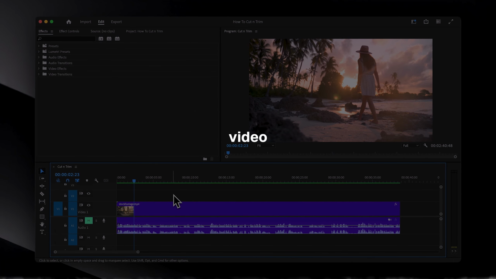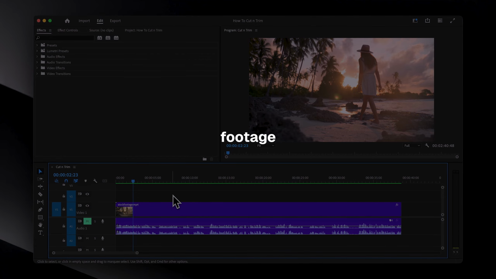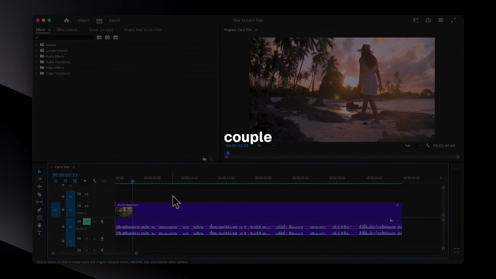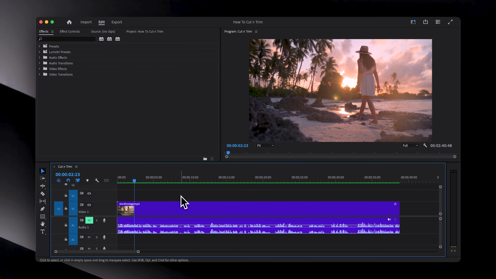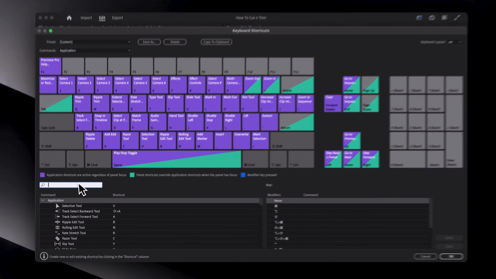In today's video, I'll show you one of the fastest and most efficient ways of cutting your footage in Premiere Pro using just a couple of custom shortcuts. To start, let's open up the shortcut settings by pressing Option-Command-K on Mac or Control-Alt-K on Windows, and then search